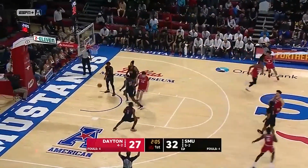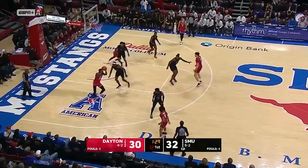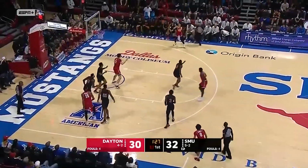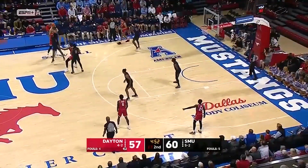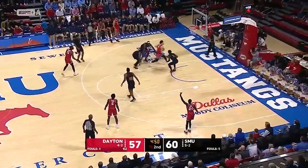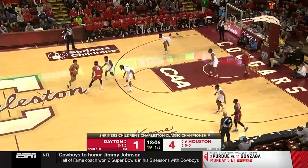Brea wide open from 10 from outside. 2 makes by Brea, 3 makes from Cheeks. Another 3-pointer, this time by Brea. Holmes back to Brea. Brea to the...